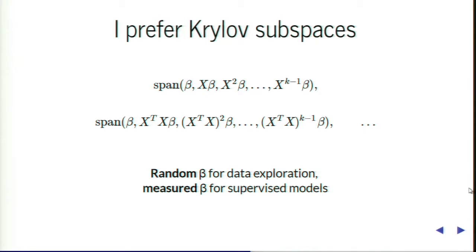These are the spaces that I've worked on all of my life. And here are a couple of examples of how Krylov subspaces can be generated for an operator X and a vector beta. If you've heard of algorithms like Lanczos or partial least squares, you've already used Krylov subspaces. Most of the work that I do fundamentally relies on Krylov subspaces. So I'll go through a bunch of applications that are seemingly very different, but that all use Krylov subspace projection methods under the hood to efficiently solve complicated problems.